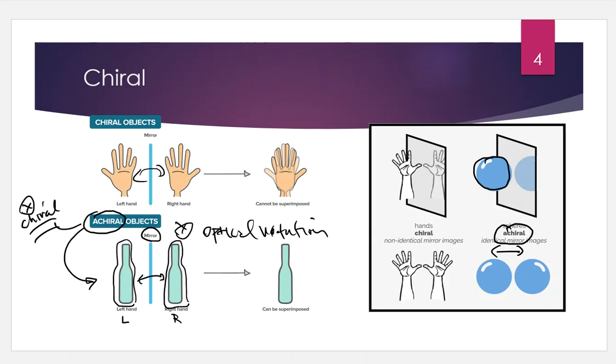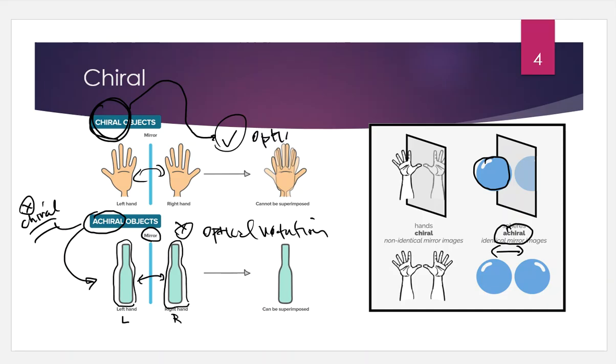And molecules are the same way, like your hands. There are some molecules that are left-handed in nature, and there's some molecules that are right-handed in nature. And if they have a left and a right hand, then this is something that we call a chiral object. And a chiral object has an asymmetric center. And a chiral object, ching-ching,